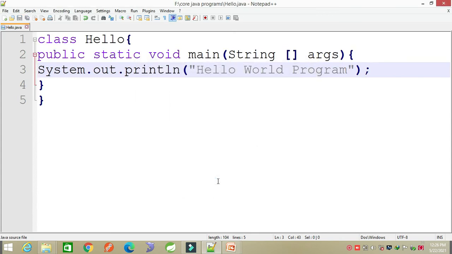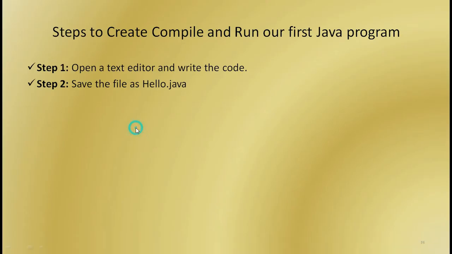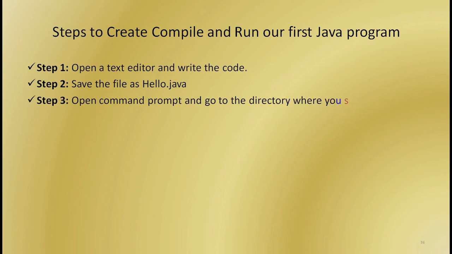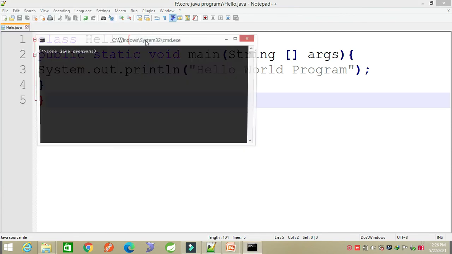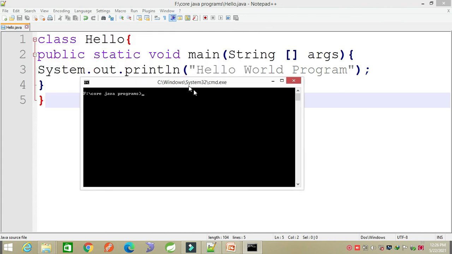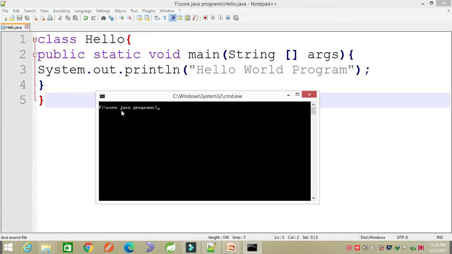Our program is saved. Step number 3: open command prompt and go to the directory where you saved your first Java program. In the file menu, open the folder, type cmd. This is our folder.